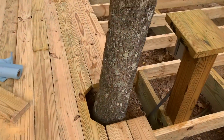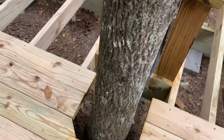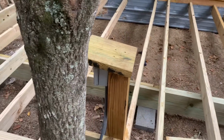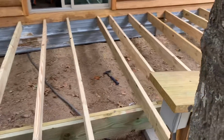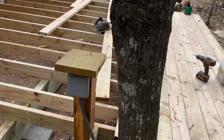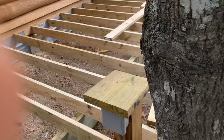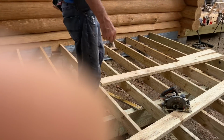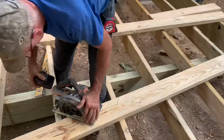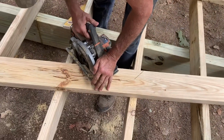Cutting out a little bit. Oops, kicked my screws around the hickory tree. And then over here, we have a little box to plug in some LED string lights. Oops, just cutting out the